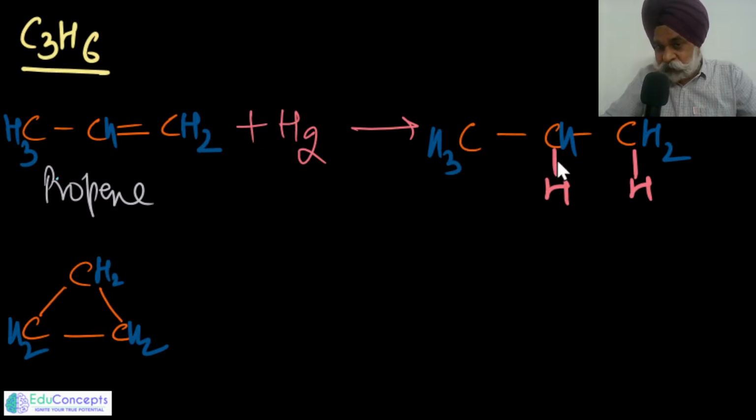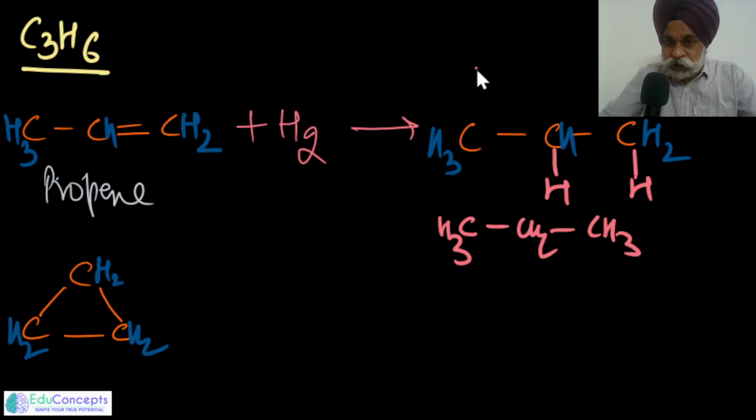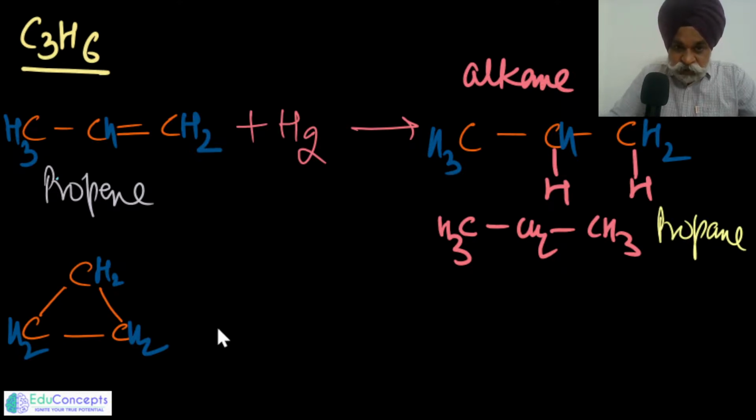Now all the carbons have the maximum number of hydrogen atoms and their tetravalency is complete, or simply I would write CH3, CH2, CH3. So what you have generated is an alkane. Which alkane have you generated? This alkane is said to be propane. Okay, fair enough. Now similarly, if I do the same thing on to the second molecule, which is